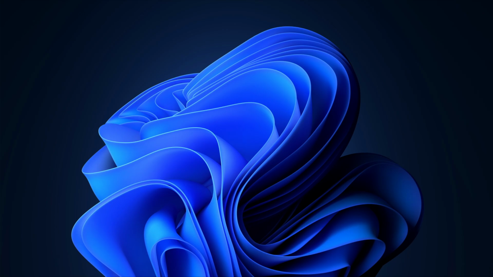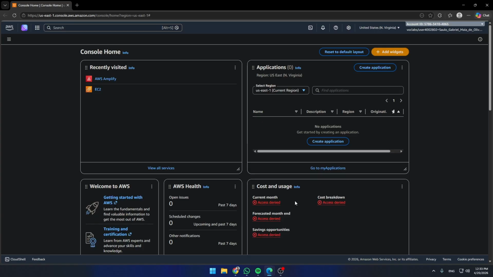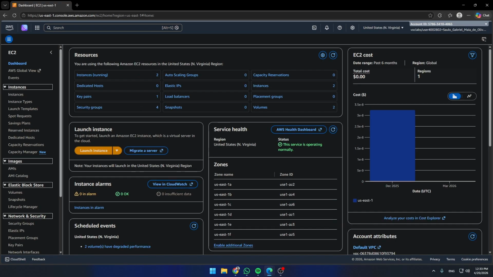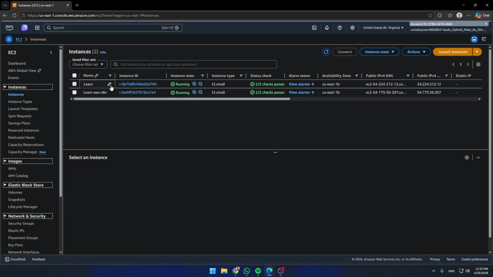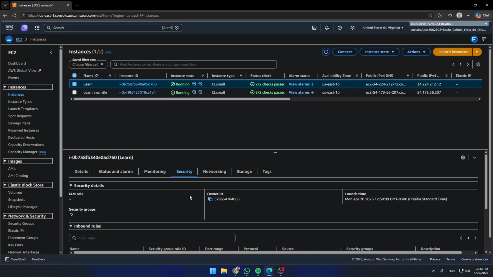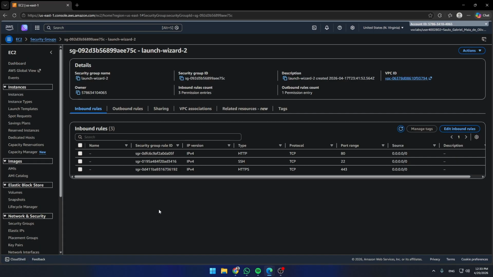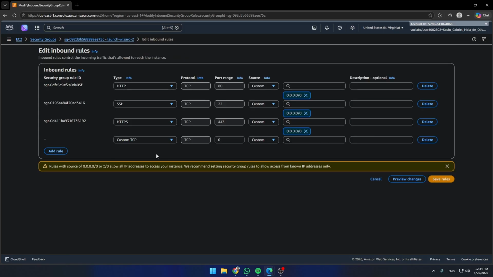In this video, I will quickly show you how to deploy an API on AWS. First, go to your AWS account and open the main dashboard. Then choose the service you want to use to host your API, such as EC2, AWS Lambda with API Gateway, or Elastic Beanstalk. One of the most common options is using EC2 because it gives you full control over the